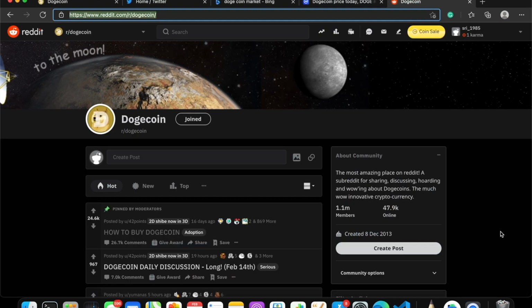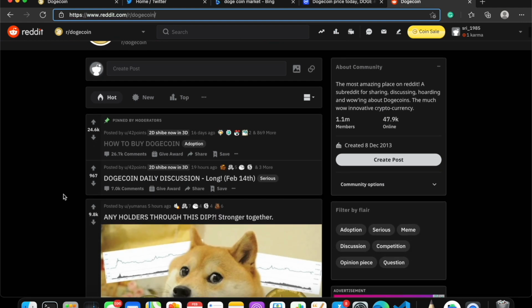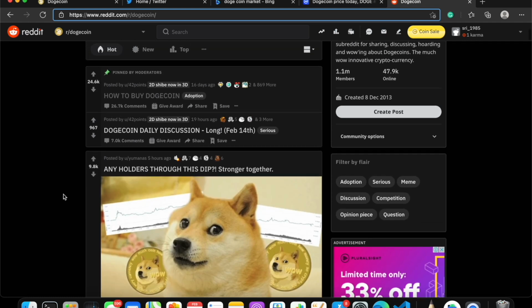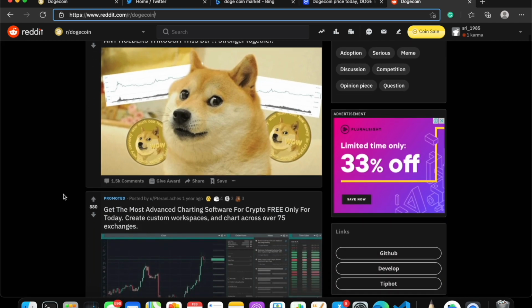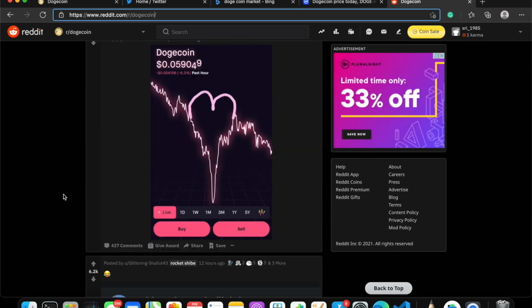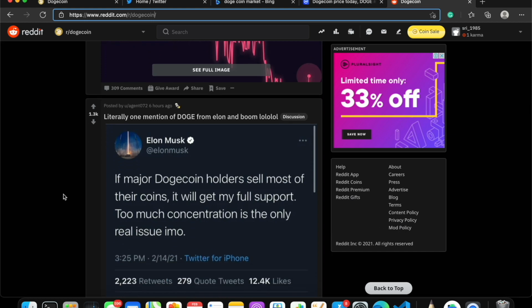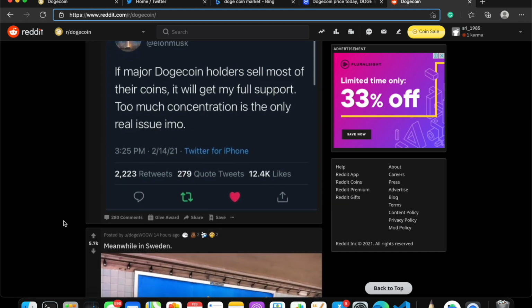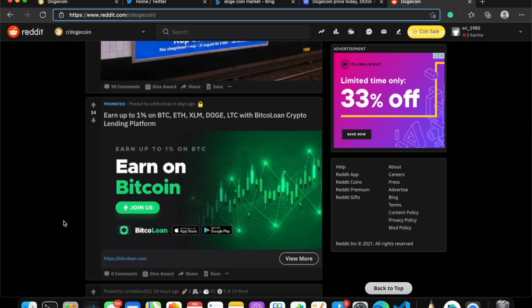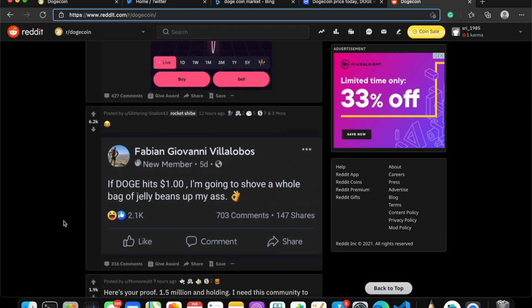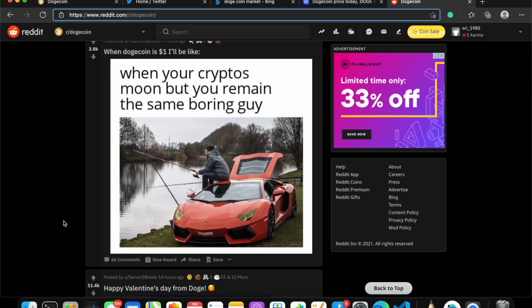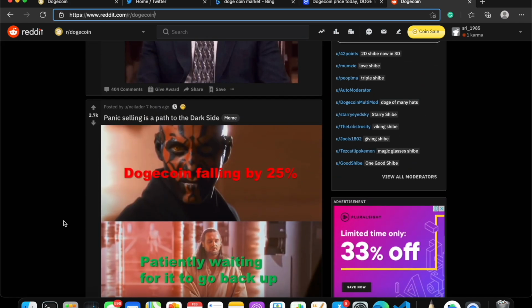The next place where you need to look for information is the Reddit page. Here there is a Dogecoin page on Reddit, which is one of the primary communities that were formed during the initial days of Dogecoin. It has lots of information, like what wallet you should use and what's happening around Dogecoin. If some sellers are accepting it as a payment mode, that information will be posted here as encouragement to the community.